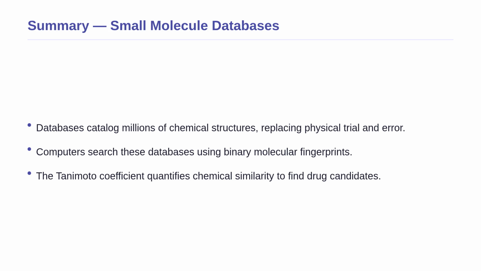We have covered a lot of ground today, so let us reinforce the three most important ideas. First, small molecule databases are the digital backbone of modern pharmacology, cataloging millions of chemical structures to replace slow physical trial and error. Second, computers search these massive databases by converting chemical structures into binary molecular fingerprints. Third, we use mathematical tools like the Tanimoto coefficient to quantify chemical similarity, allowing us to rapidly identify promising drug